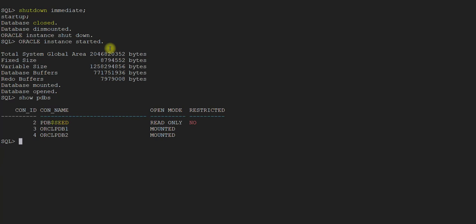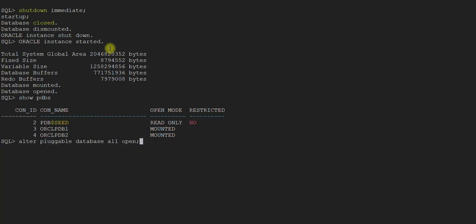So what we need to do is start up these pluggable databases and save these states, so that when we restart the instance, these pluggable databases will automatically be started. So let's proceed with this activity. How do you do it? Start these pluggable databases first. Alter pluggable database all open.